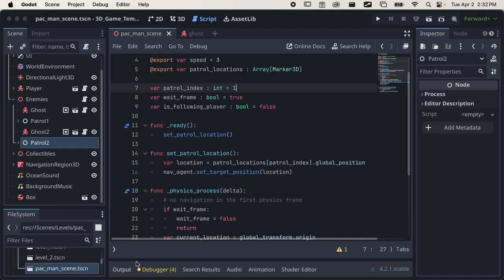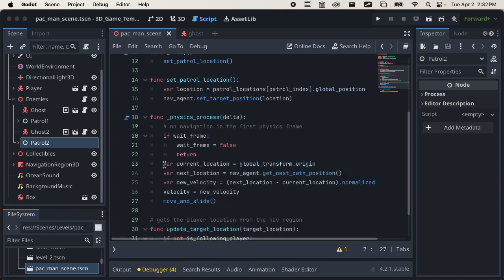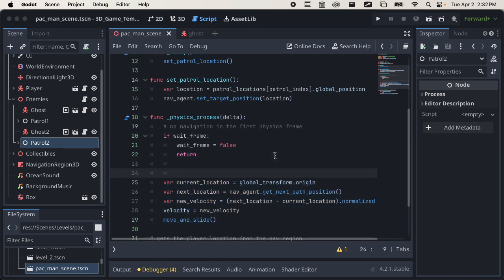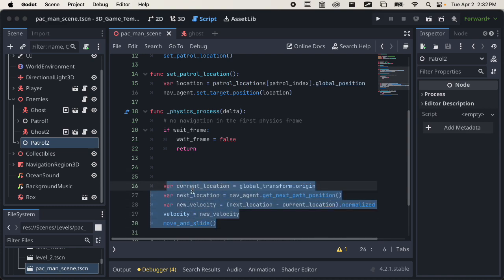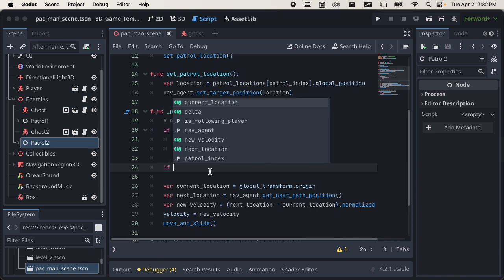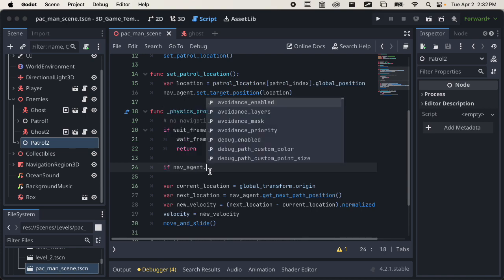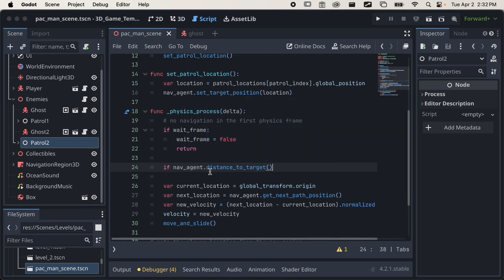So what we need to do is before we move our enemy here, we need to check to see if we're close to the target. So we can do this pretty easily. We're just going to say, so this is in our physics process before we tell the enemy where to go, we're going to say if navAgent dot distance to target. So that gives us how far we are from the current target, which is our patrol marker. And so we'll say if that's less than